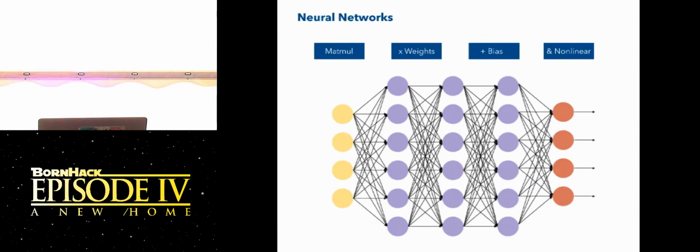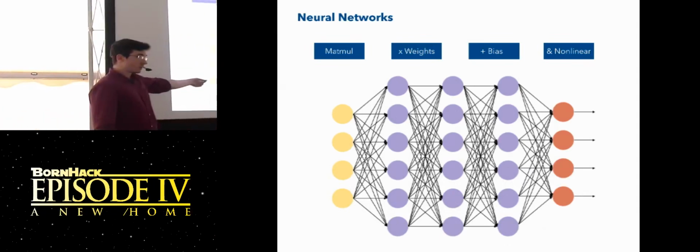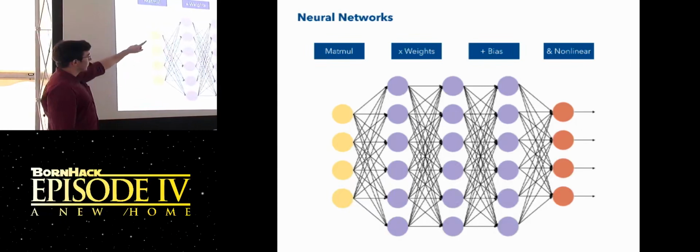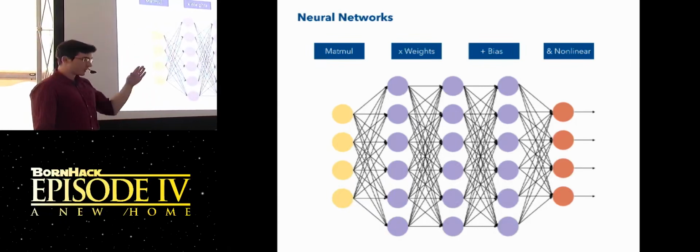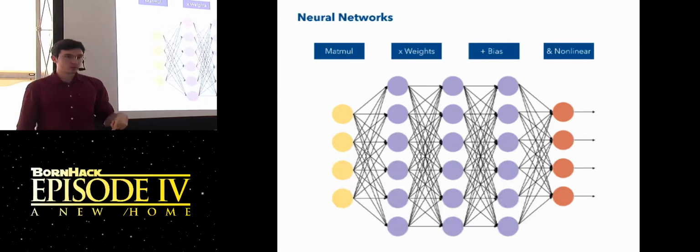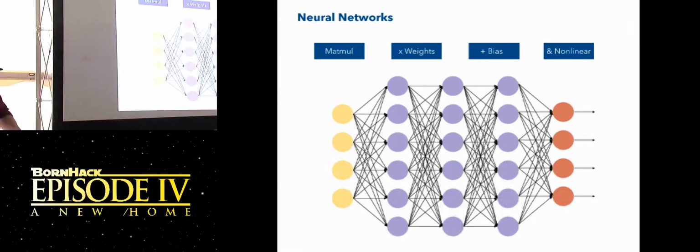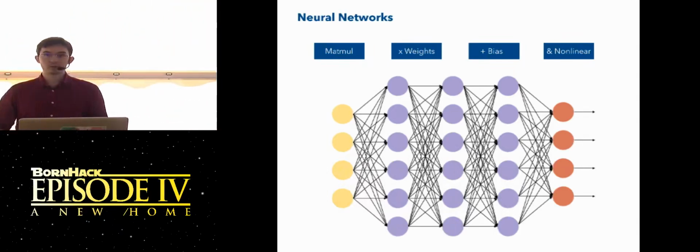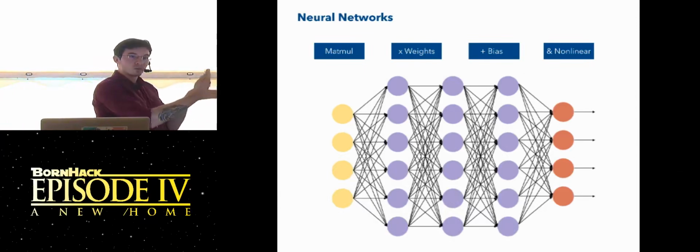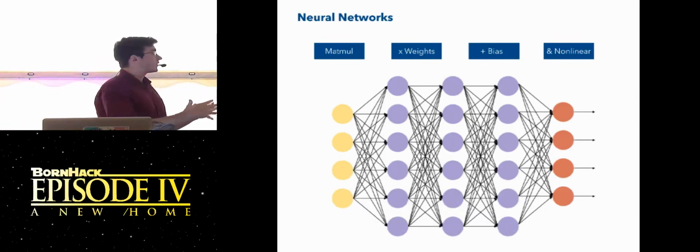this is the matrix that is the input. The matrix by which we multiply it is called the weights or parameters of that layer. And this is going to be the thing that we're going to be changing when we train the network. We also add a bias vector, just so that the function can take any linear shape. And then we add a nonlinear transformation. And we add the nonlinear transformation, for those of you who know, like a sigmoid function or a softmax function, because if we didn't, if we just did a series of matrix multiplications, we could only have this model resemble linear functions.